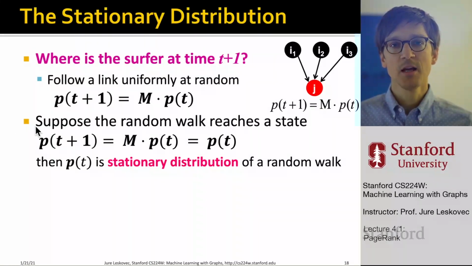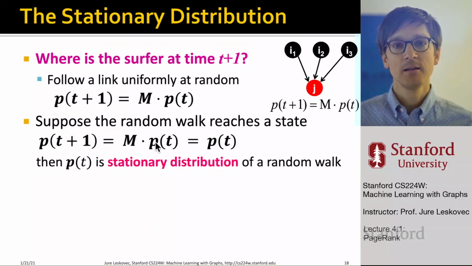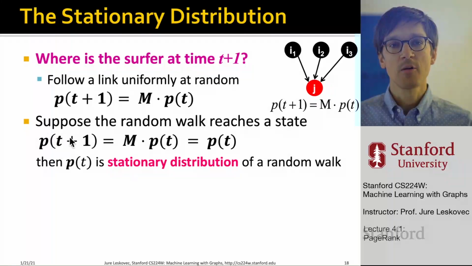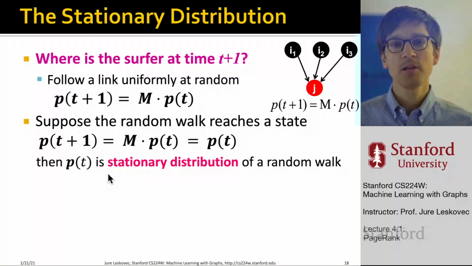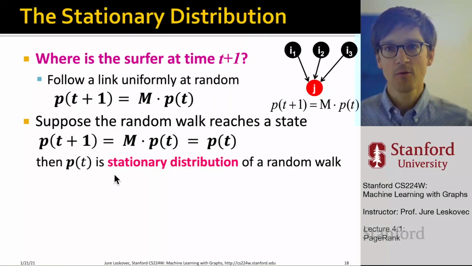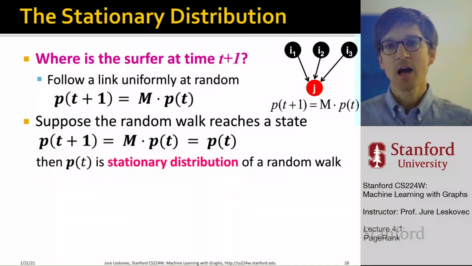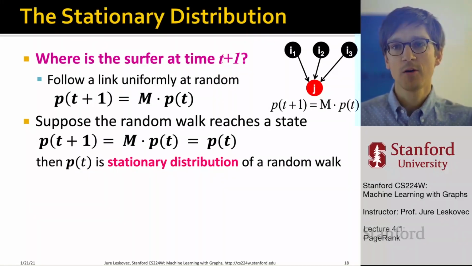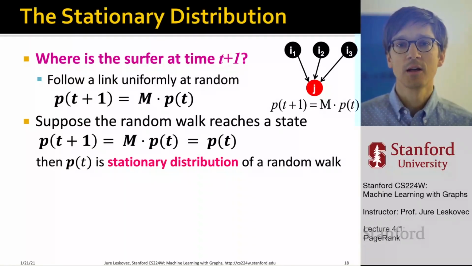So now let's suppose that this random walk process reaches a steady state. What I mean by that is that this probability distribution of where the random walker is converges. So I'm saying M times the probability distribution of the random walker at time t equals the probability distribution over where the random walker is going to be at the next time step. And let's just assume that this is actually equal to where they used to be. Technically, P of t is called a stationary distribution of a random walk. So a random walker walks around so long that time doesn't really matter, and this distribution of where the random walker is stabilizes over the graph.